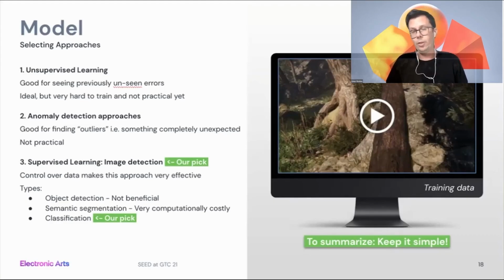But it was very computationally costly, and it worked, but the benefit was very small, because usually when you present this image to a game dev, you see immediately where in the image it's wrong, so it didn't add any value really. So classification of the full image was the cheapest and the most effective we found to do this.